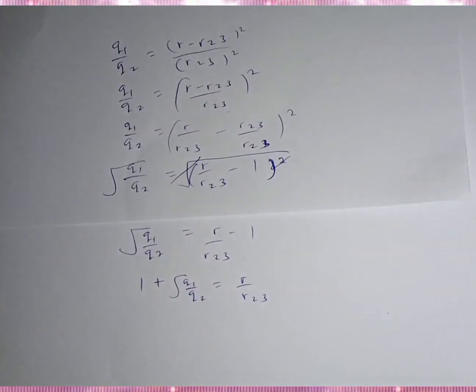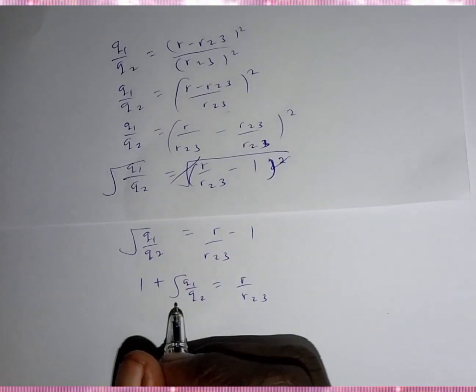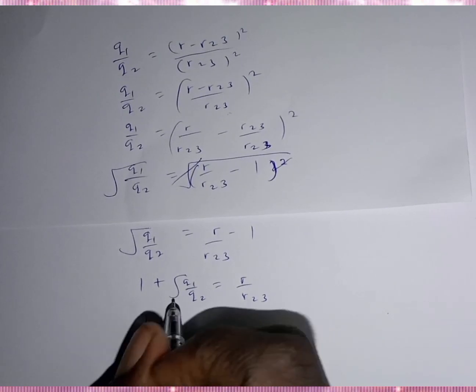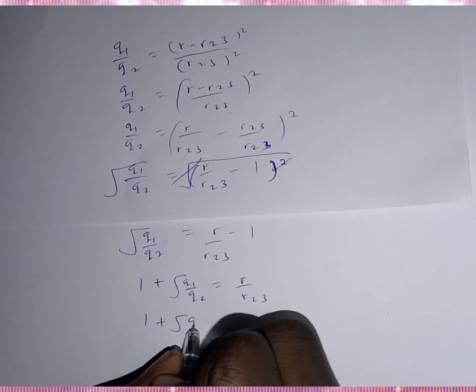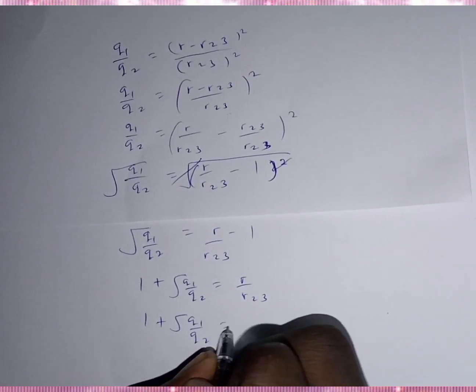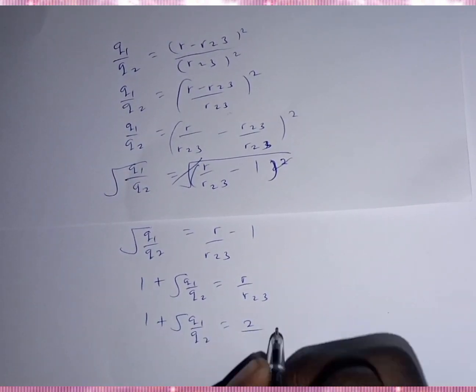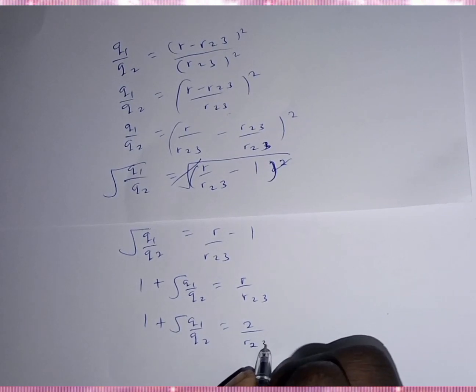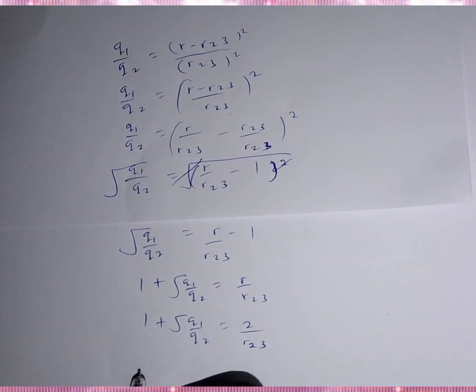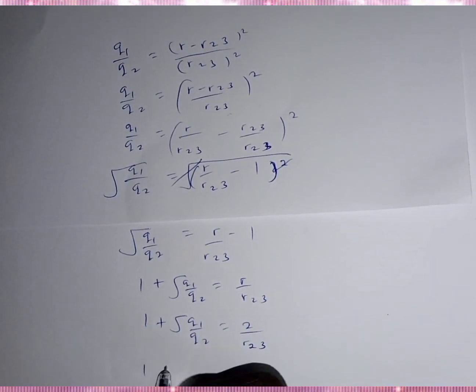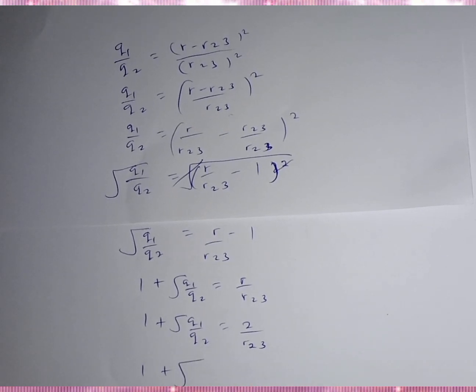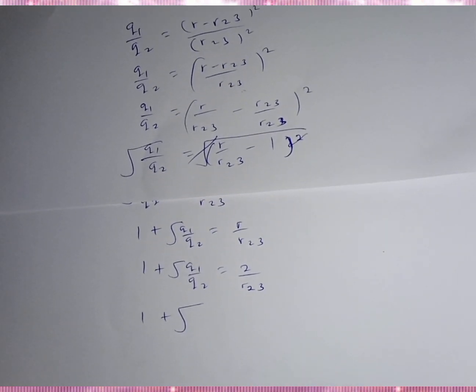So therefore we can now say 1 plus root Q1 over Q2 equals, now R is what? R is 2 over R23, sorry. So we can have 1 plus root, now what are the two charges' values? Now recall